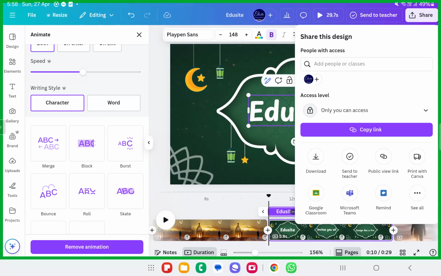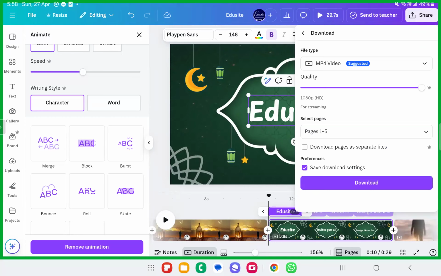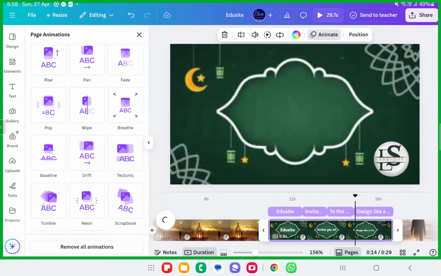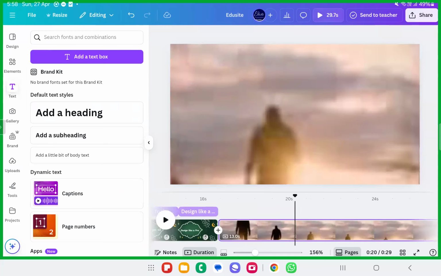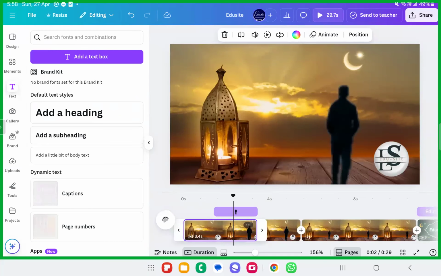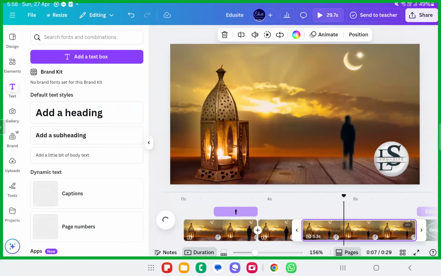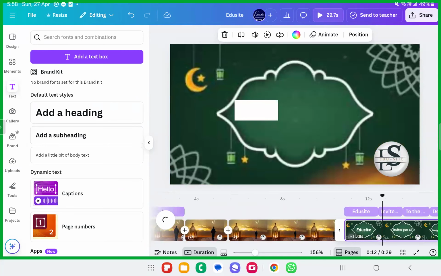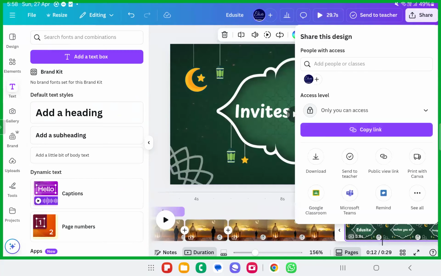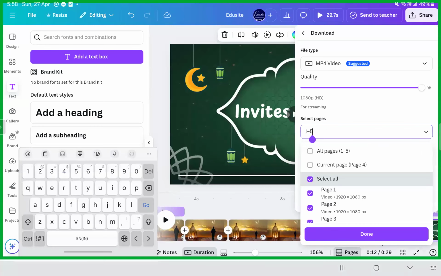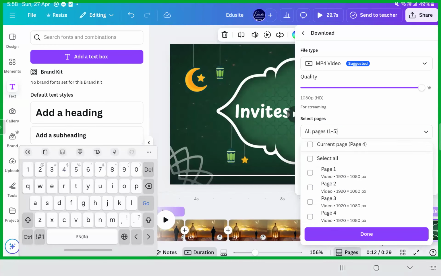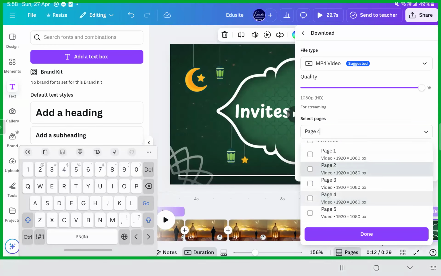I'll just download this and show it to you. Make sure which page you're downloading. You can even download one page out of it. It's quite easy to do this. Which is this page number? This is the second page, right? I'll show you how beautifully you can download. First page, second page, third page. This is the fourth page. So I'll go to the share button, download only the fourth page. I don't want the entire 5 pages. No need. I just need the fourth page.